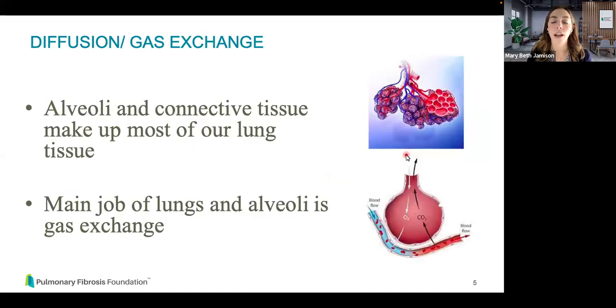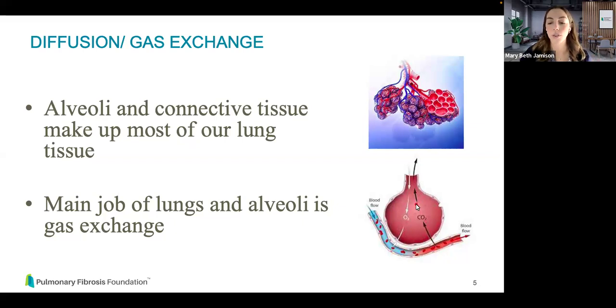And then we have our alveoli. That's like the workhorse of the lungs, which is this here. It's at the very tips of our lungs, but those are the active part of the lungs. That's where the gas exchange or the diffusion happens, and that's part of the pulmonary function test, measuring the diffusion. So we have our alveoli and connective tissue making up most of the tissue of our lungs, and we see in this image here we have oxygen diffusing into the blood vessels,